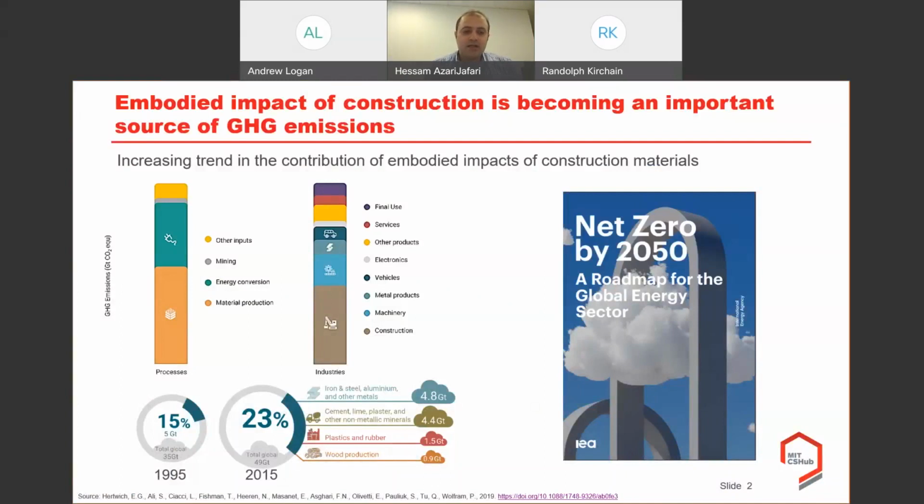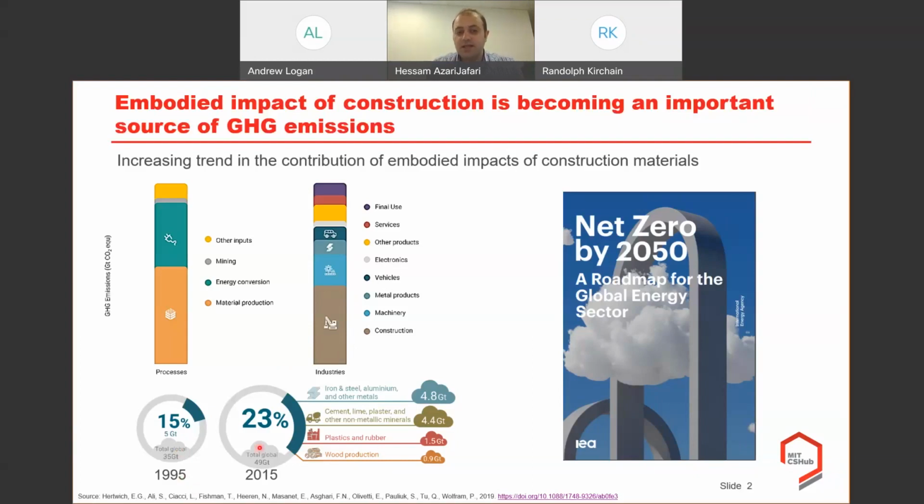As you can see on the left chart and on the brown part of this stack chart, construction materials comprises a huge amount of GHG emissions, and it contributes significantly to the total GHG emissions of the materials being used. And this contribution has been increasing since 1995. You can see that at the beginning it was around 15%, but now it's around 23%